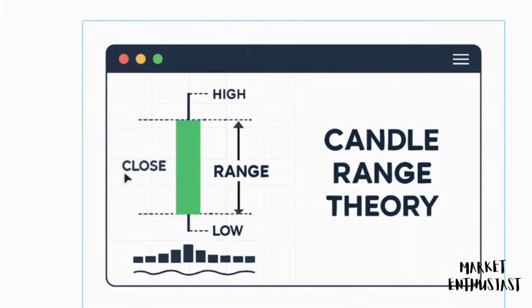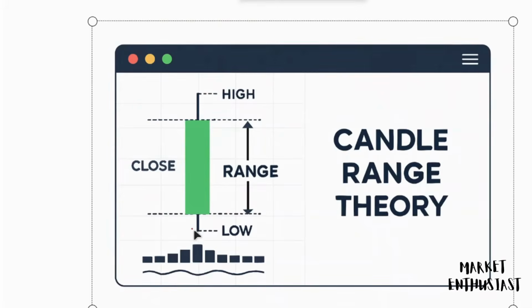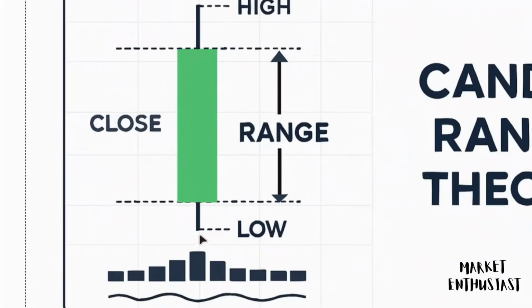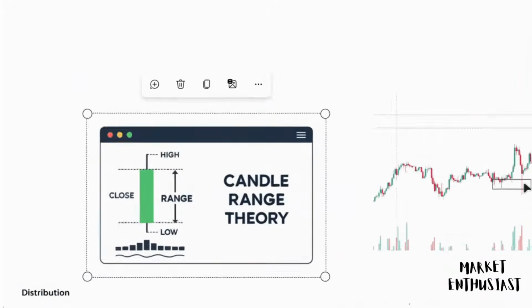Let's start with the fundamentals. Candle range theory revolves around the idea that every candlestick creates a range defined by its high and low, which acts as a liquidity magnet for future price action. Psychologically, this is where big players like institutions hunt stops. They raid the low or high of a previous candle to grab liquidity, then reverse hard, leaving retail traders chasing